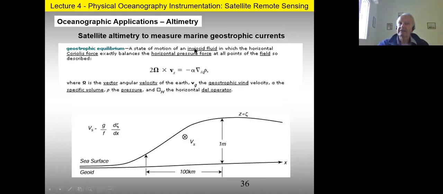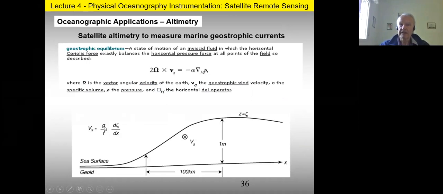Satellite altimetry, as I told you before, is also used to measure the marine geostrophic currents, simply by using the relationship for the geostrophic balance, which says that the surface geostrophic current is proportional to